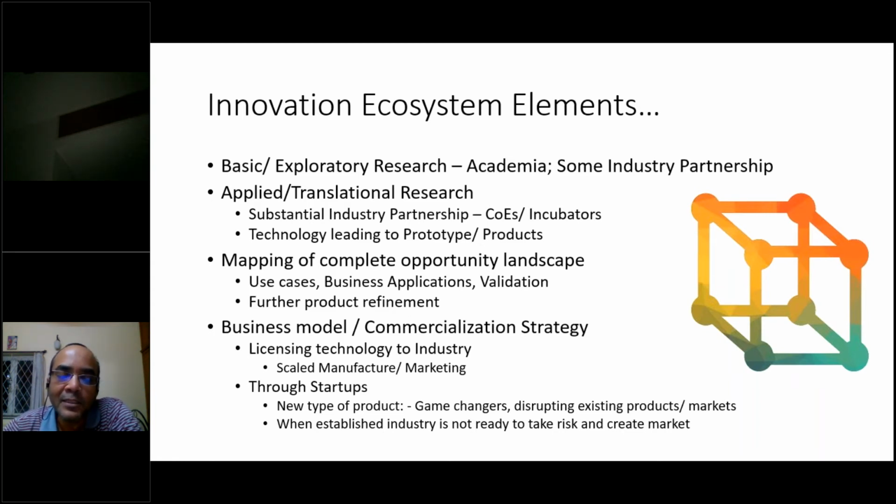Could this be licensed, and the industry could take that and then manufacture it to scale? That is something the industry is very good at doing, because as I mentioned before, we have industries doing technology transfer for all the imported technologies today, and they are extremely good at scaling it up. They are extremely good at setting up a manufacturing line where this product could be manufactured, tested, marketed, and distributed, the whole nine yards, if you will.